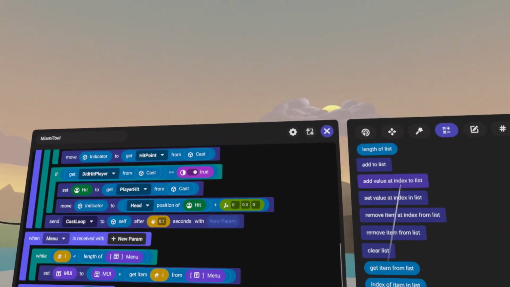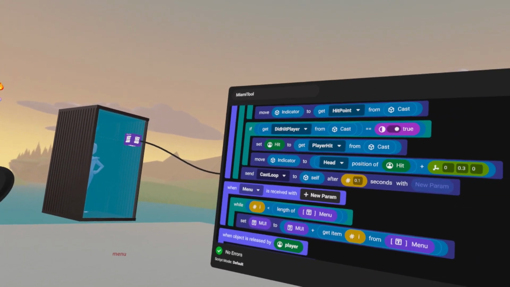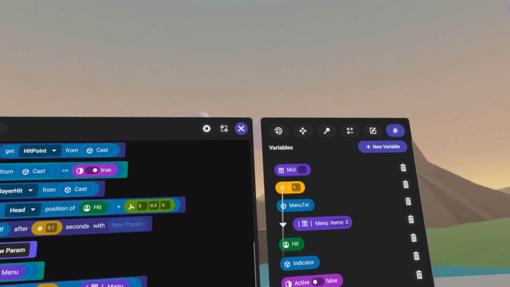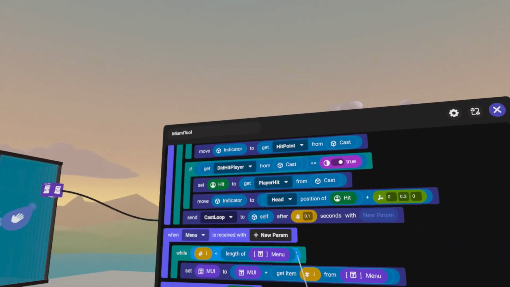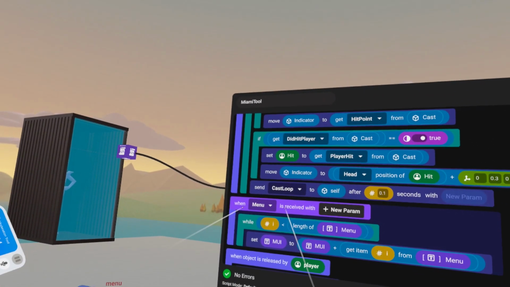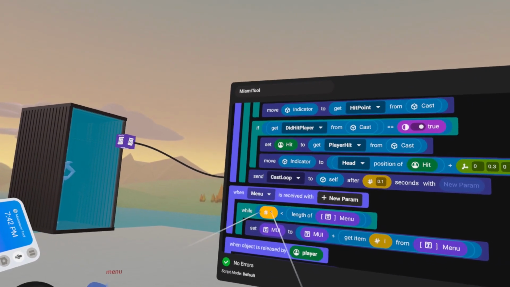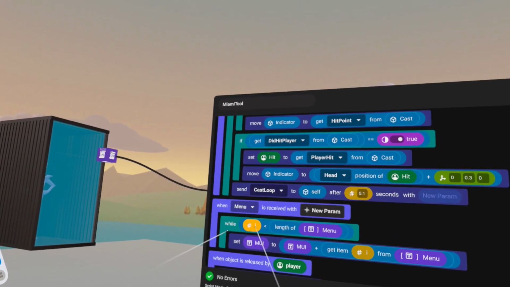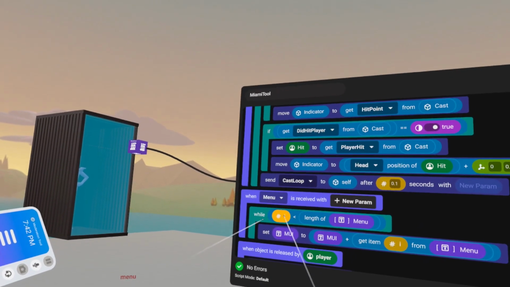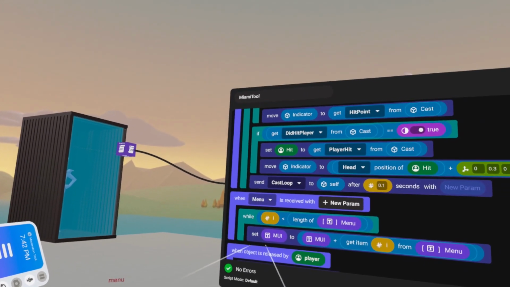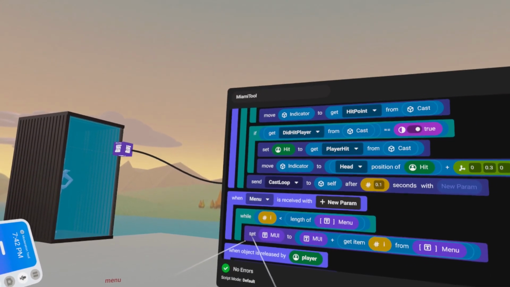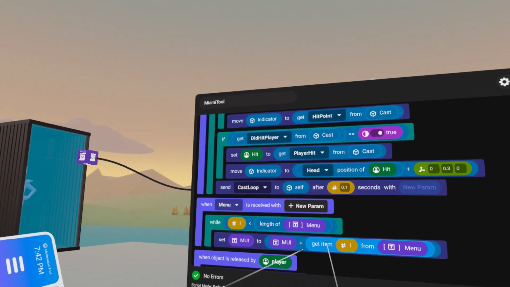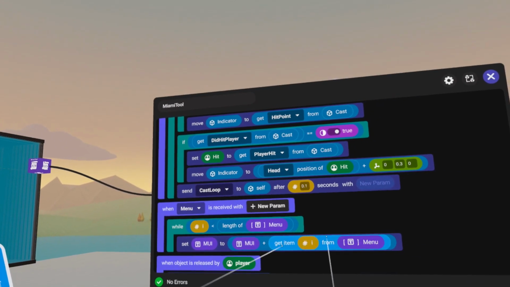Okay. So I is defaulted to 0 because we didn't set it to any number. So it's 0. We left it at 0. If we look at it in our values tab, it says I and then there's a 0. So its number is 0. So when the event menu is received, it says 0 is less than the length of menu, which is 3. So since that is a true statement, it's going to go ahead and execute the nested event, our nested line item, which is set menu UI variable to menu UI plus